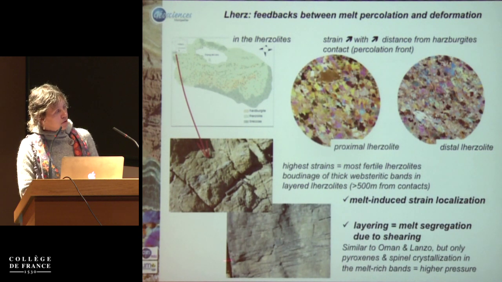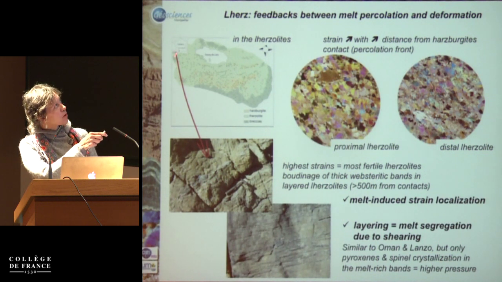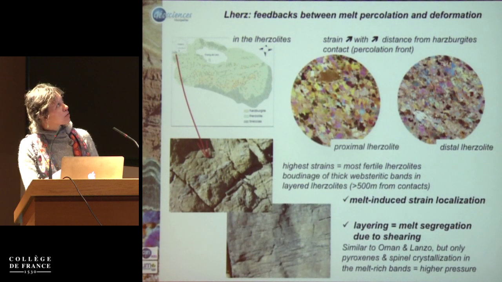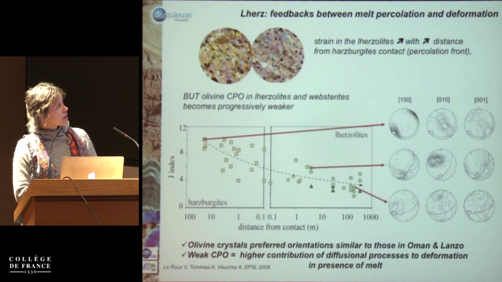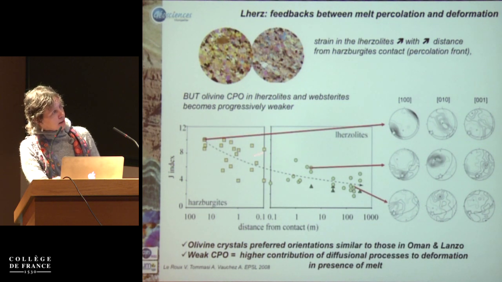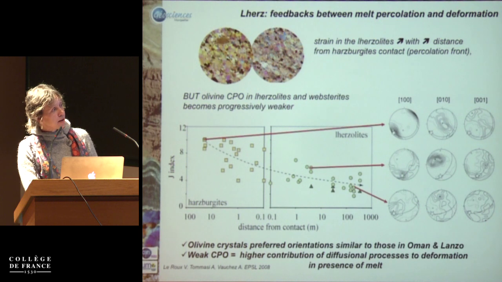We also have layering. So it looks like you have the same kind of melt segregation you have seen in Oman and Lanzo. And you can see that you have higher strains here because you had higher melt contents in this area here that allowed for the full transformation of the harzburgite into lherzolites. When you look at the crystal-preferred orientations, you see the weakening I have shown in the first pattern. So this is the distance from the contact here in a harzburgite body, here in a lherzolite body. And this is intensity of the crystal-preferred orientation. So crystal-preferred orientations get weak. And the patterns also change here. You see that you have more of this kind of girdle patterns we have also seen in Lherz and Lanzo